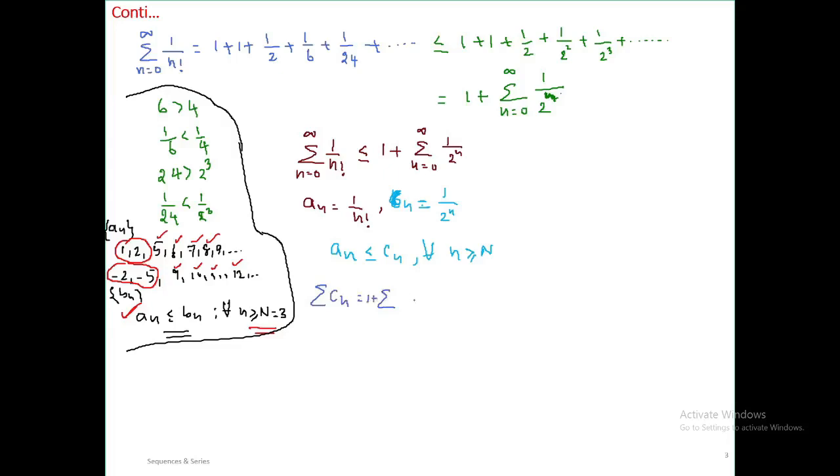Okay, simply write this one. It's not required, leave it. 1 upon 2 power n, where n is running from 0 to infinity. So now,